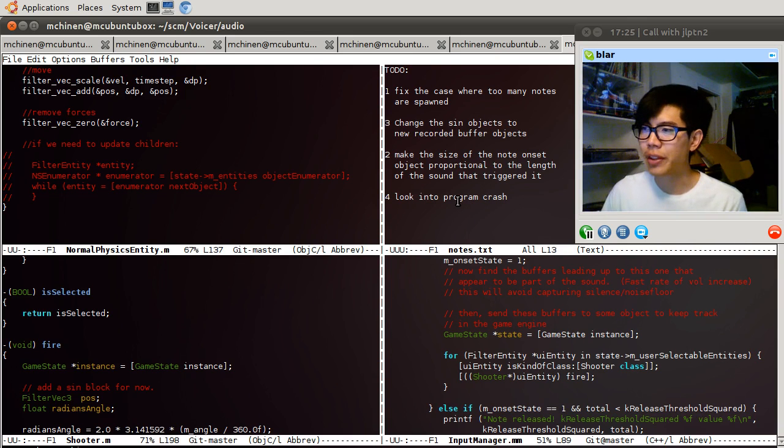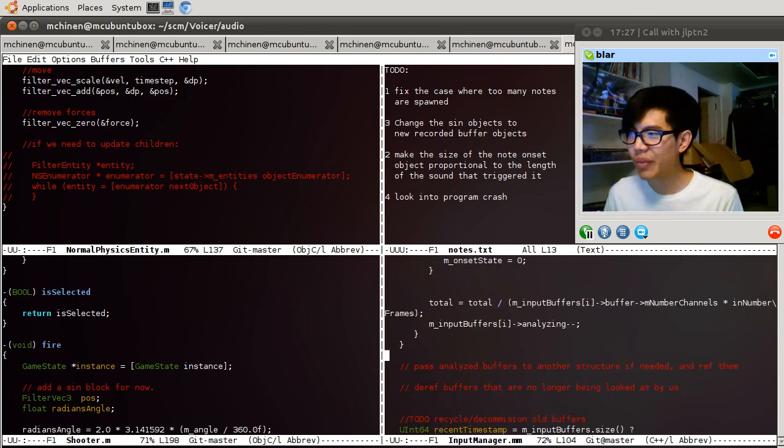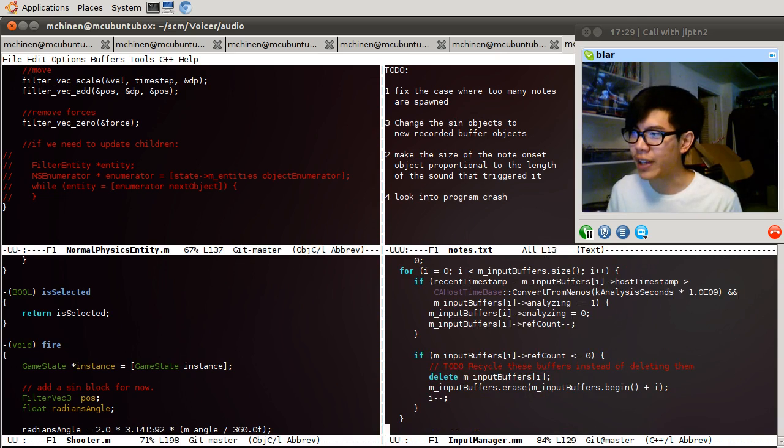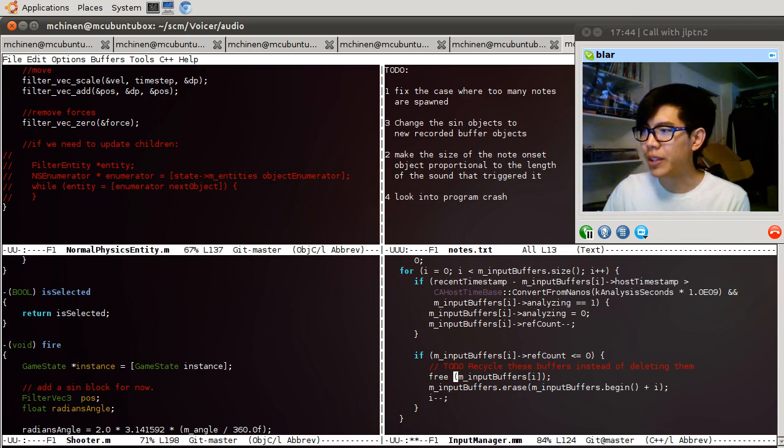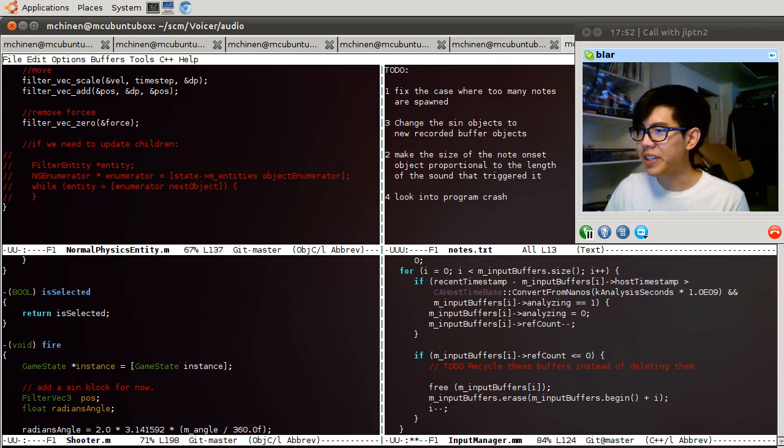I just remembered something though while I'm at it. I use malloc to allocate these guys, and I had a dream about this last night. I'm deleting these guys. That's no good. Really, I should be freeing them. And not only that, but here's the important part. We are memory leaking right now because